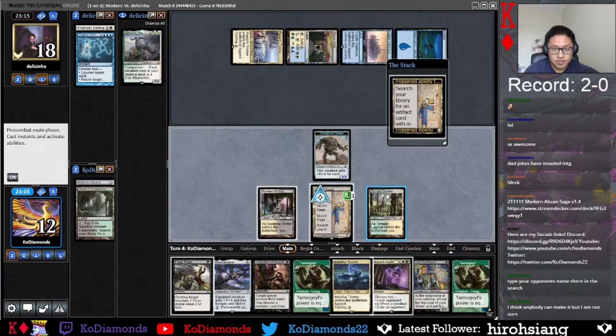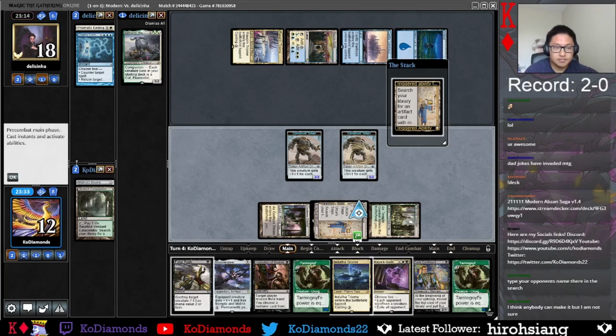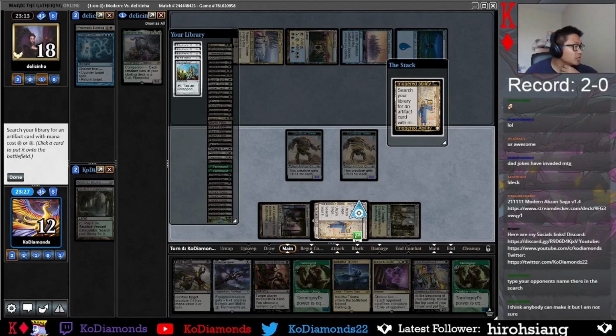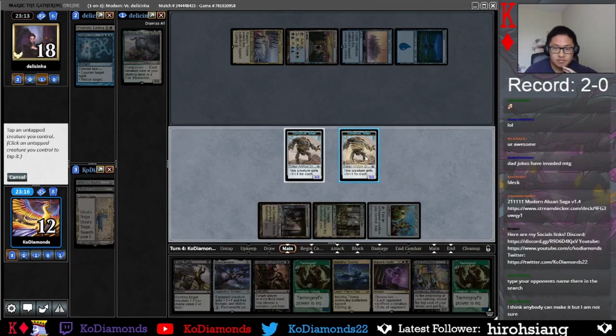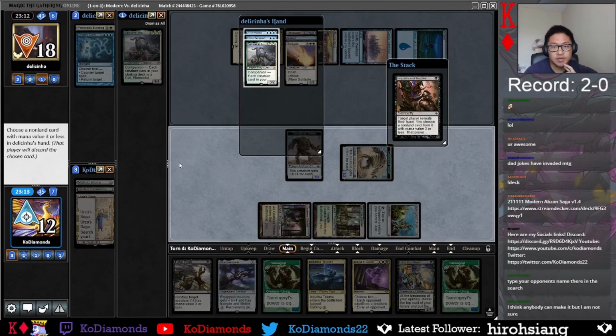Wish we drew a land because we could have Inquisitioned here, but I guess we could still get Springleaf Drum. I think that's what we'll do. They don't have anything in the graveyard, right? Yeah, they don't use the graveyard, so we don't need Spellbomb. So we'll get Springleaf Drum. So now we're kind of playing around